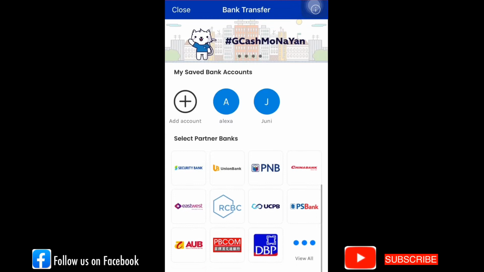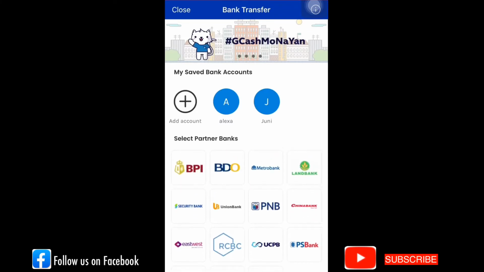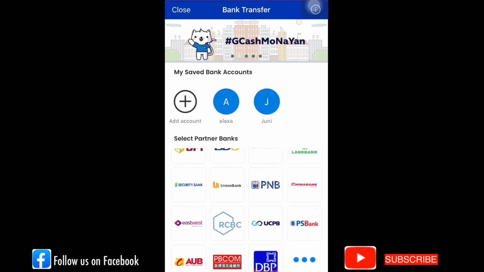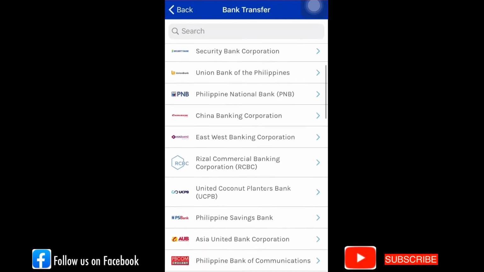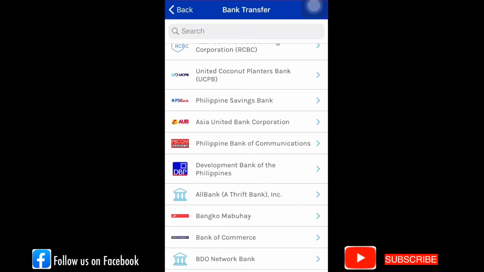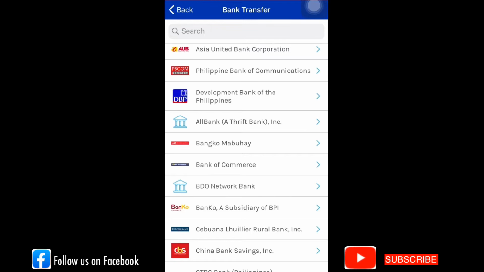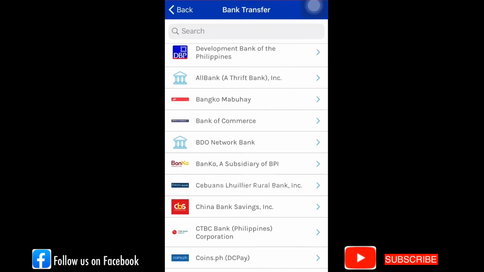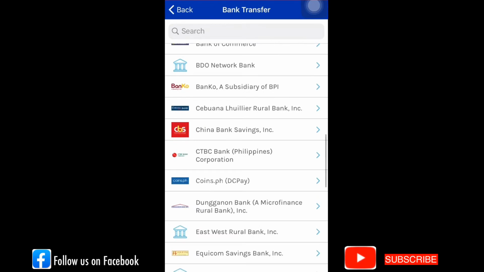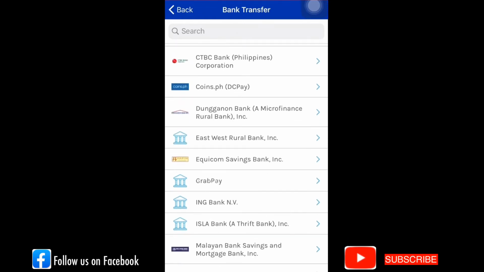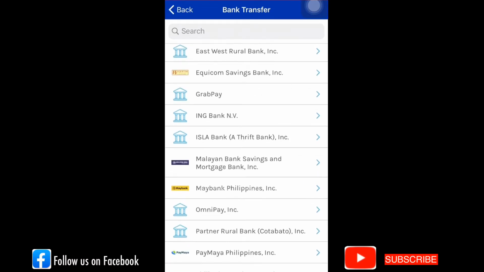Alright, and there's a lot of banks that you can transfer to, like BPI, BDO, Metro Bank, Land Bank, Security Bank, Union Bank, PNB, China Bank, East West, RCBC, UCPB, PS Bank, AUB, PBCom, DBP, and All Bank, Bangko Mabuhay, Bank of Commerce, BDO Network Bank, Cebuana Lhuillier Rural Bank, China Bank Savings, CTBC Bank, Coins.ph, Dungganon Bank, East West Rural Bank, Equicom Savings Bank, GrabPay, ING Bank, Isla Bank, Malayan, Maybank Philippines, OmniPay, Partner